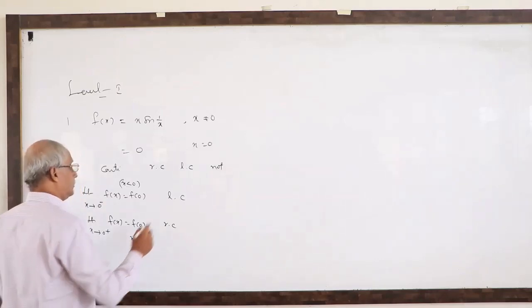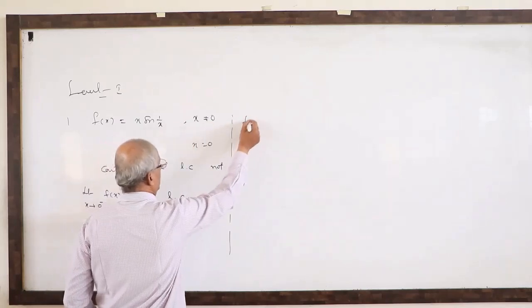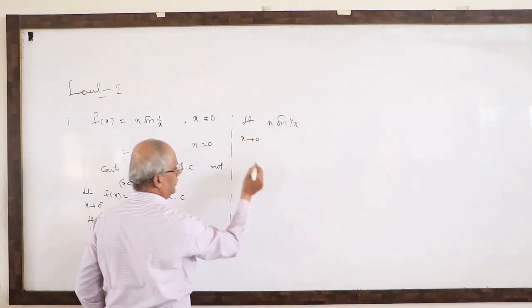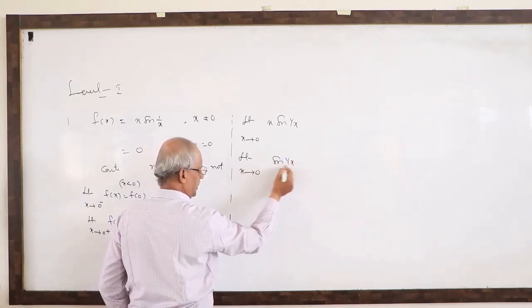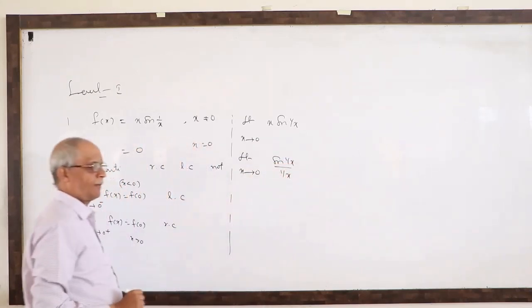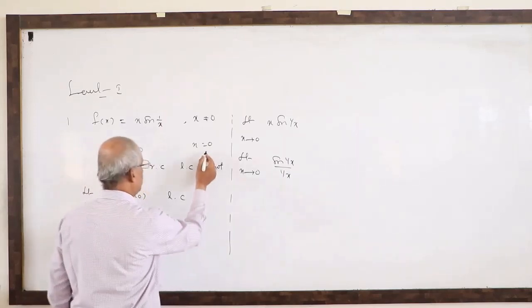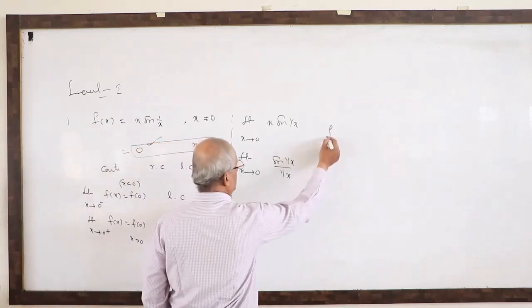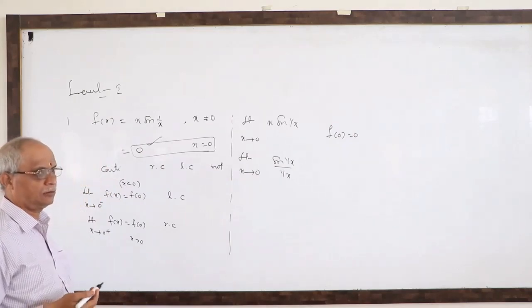Now we write here, consider limit x sine of 1 by x, is same as sine of 1 by x by 1 by x. Okay. See, already f of 0 is given. What is given? f of 0 is 0. Only we need the limit value. Right limit value, left limit value.